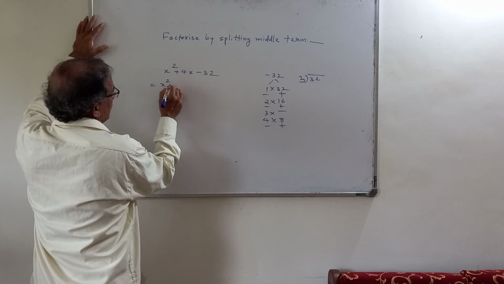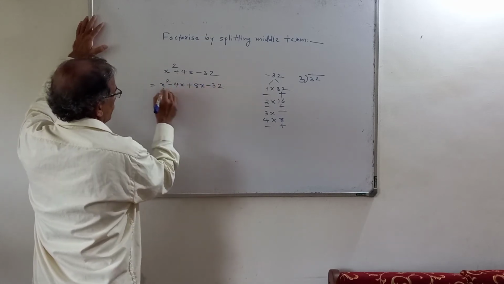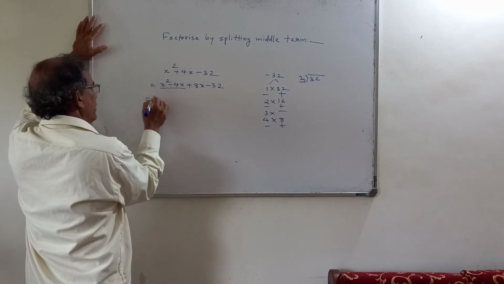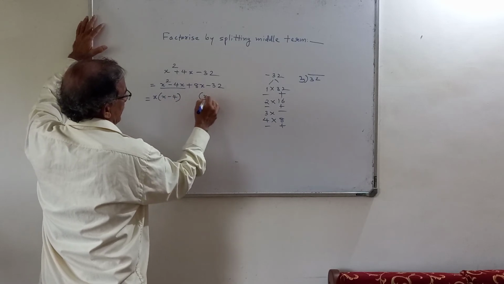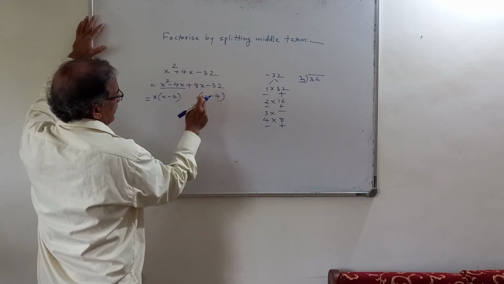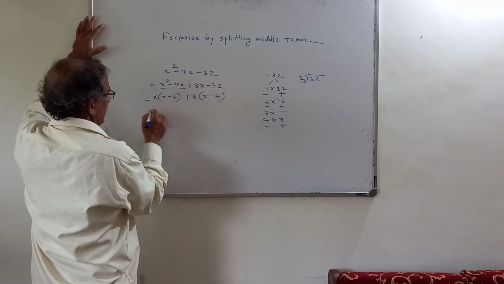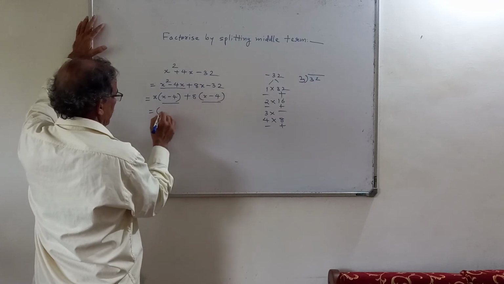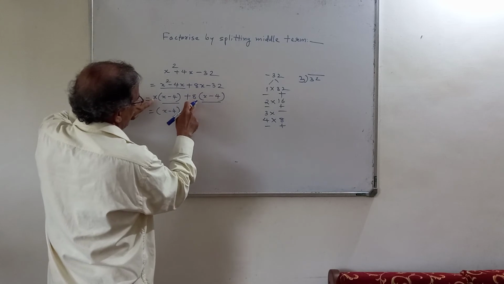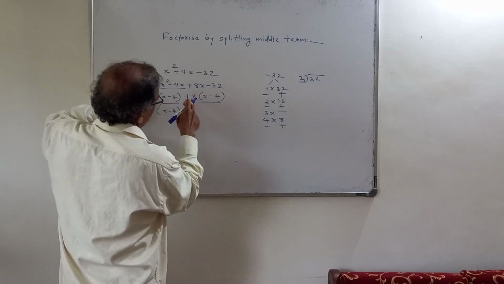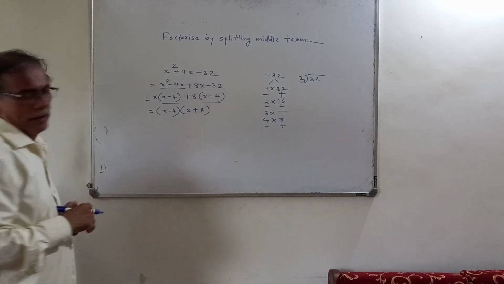So x square minus 4x plus 8x minus 32. So this is one part. What is common here? Immediately write x minus 4, and it is 8x, so put here 8, x into 8, 8x, and this plus sign. What is the first common factor? x minus 4, and this x is non-common. Here it is common, x here, and here what is common, x? Both you have to put in the second bracket.